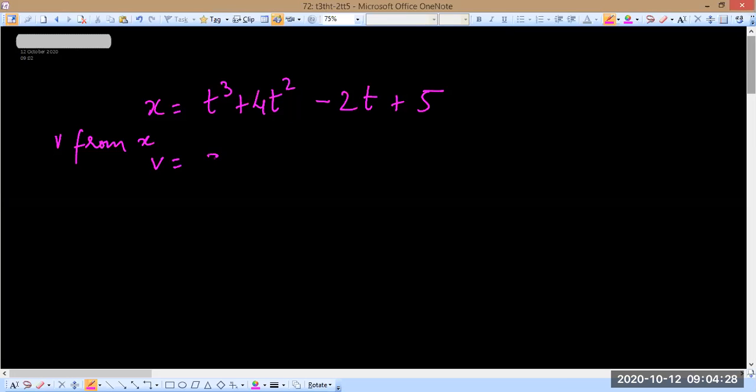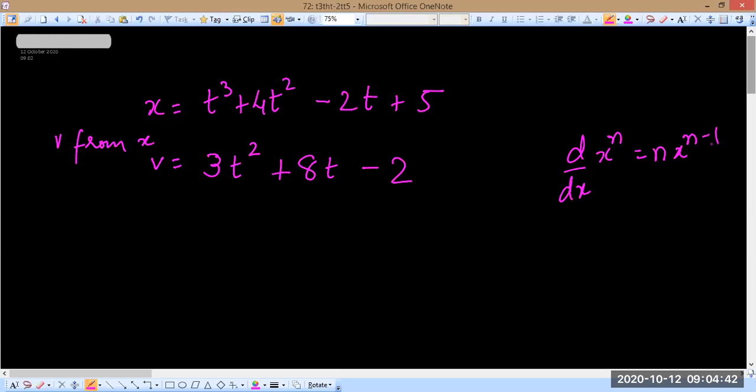It is going to be, differentiation will be 3t square plus 8t minus 2. Right? We always have to use this rule. So now you can put the value t is equal to 4 and get the answer. Same procedure for acceleration. If you want to find a from v, then